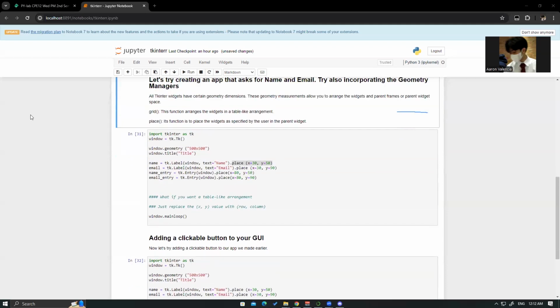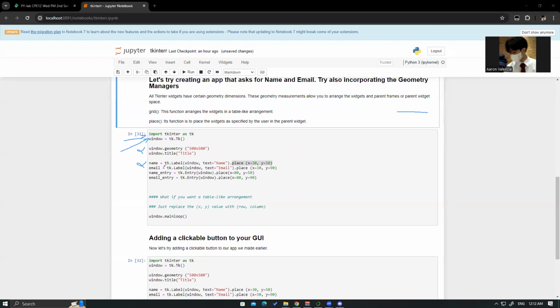So import, create a Tk, customize the size and title, then add the name and email for your application.